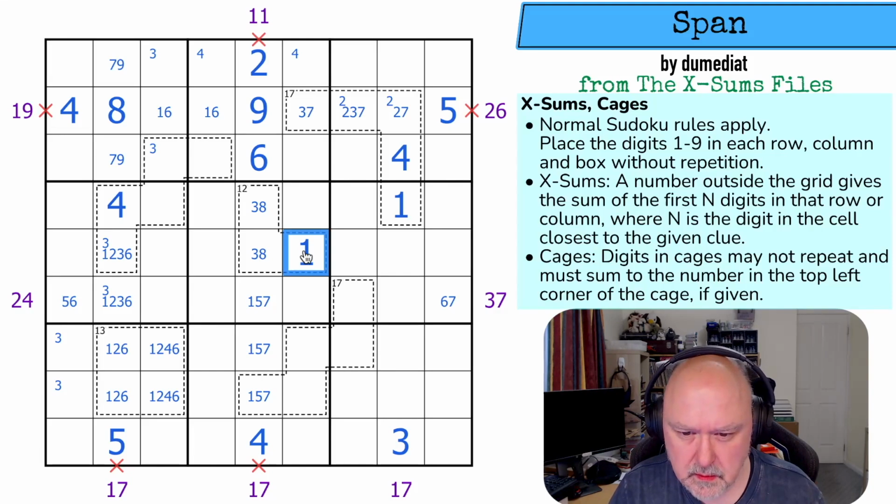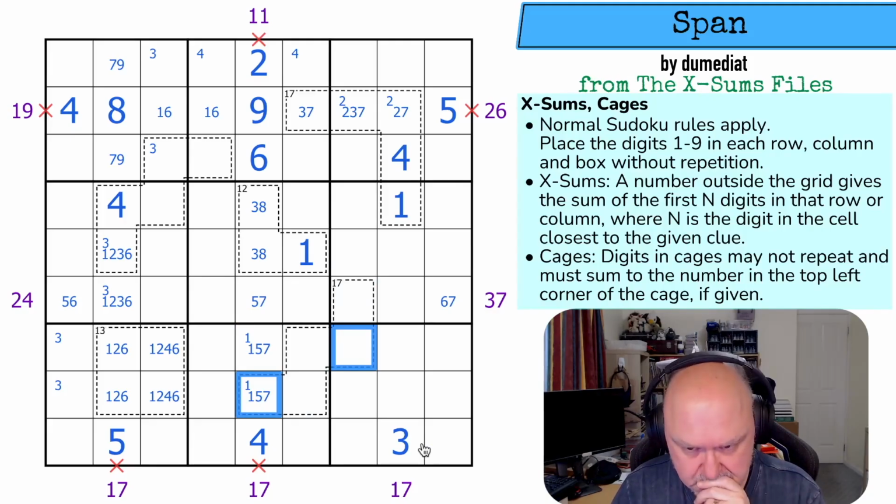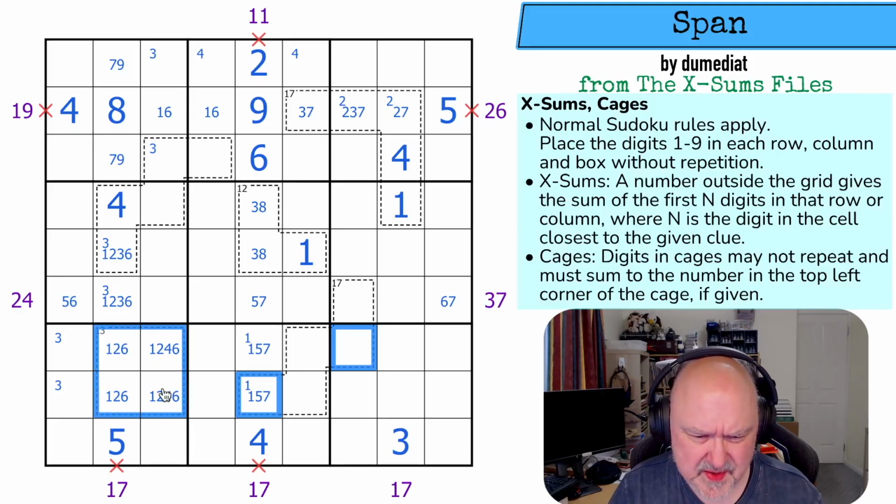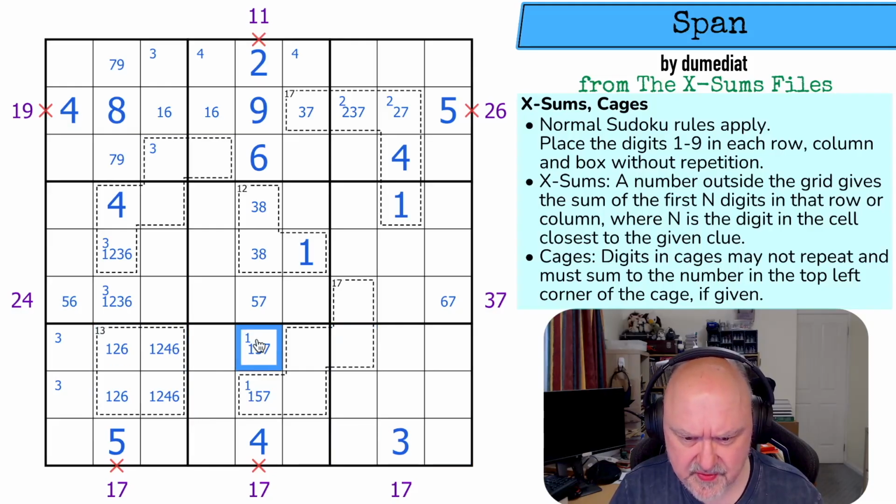That one in this cage, oh, that one takes 1 out of there. So 1 is in one of those two, and 1 in this cage is in that cell or that cell. Which is lining up with this maybe. If that's a 1, 1 is up there and 1 is in one of those two. If that's a 1,